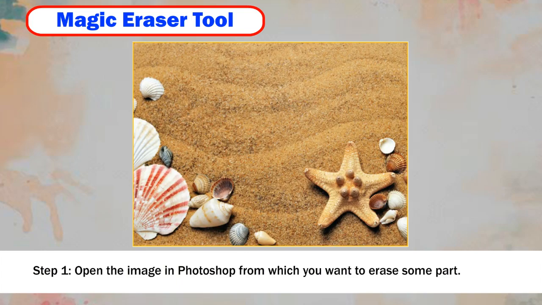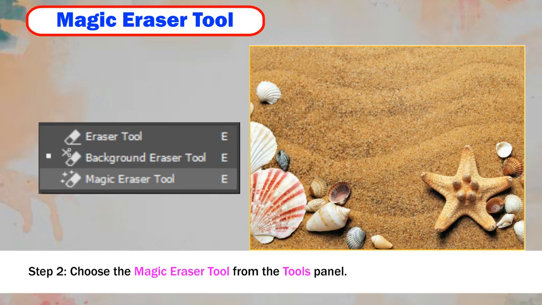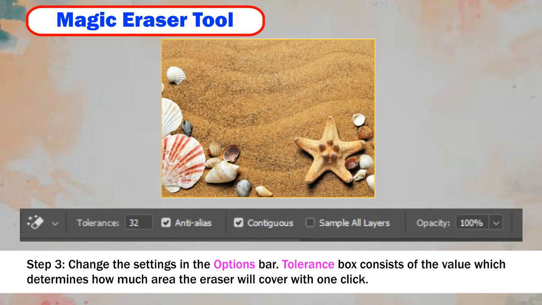Step 1. Open the image in Photoshop from which you want to erase some part. Step 2. Choose the Magic Eraser tool from the Tools panel. Step 3. Change the settings in the Options bar. Tolerance box consists of the value which determines how much area the eraser will cover. With one click,